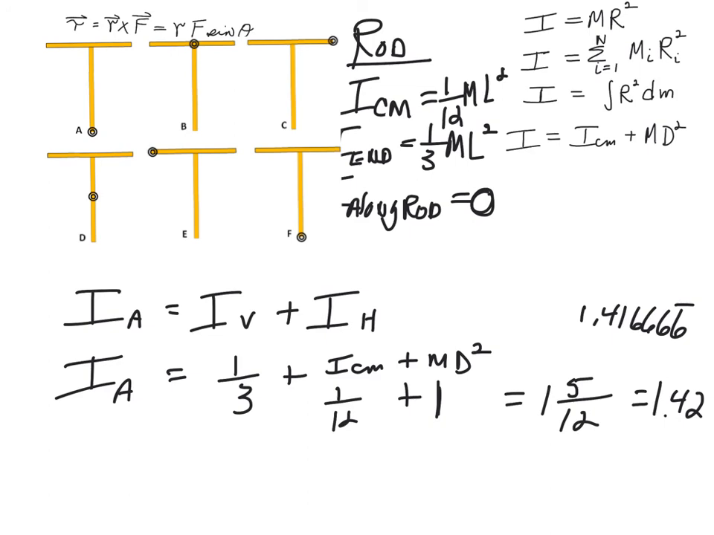B. B is easy enough. This axis is through the center, 1/12. That's axis through the end, so 1/12 plus 1/3. Here, 1/3. Ooh, this one's a little tricky. We've got to move it this distance, right? If we take this axis and we want to put it through the center of the horizontal rod, the horizontal rod is about the end, so it's 1/3. We've got to move it here, so we've got to get that distance,